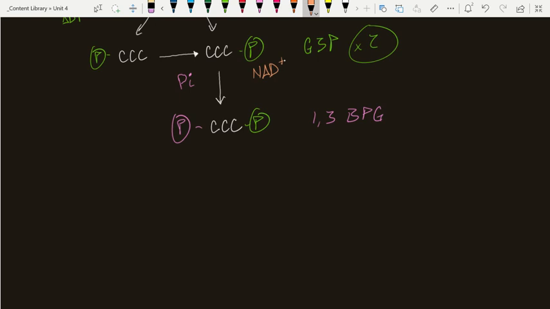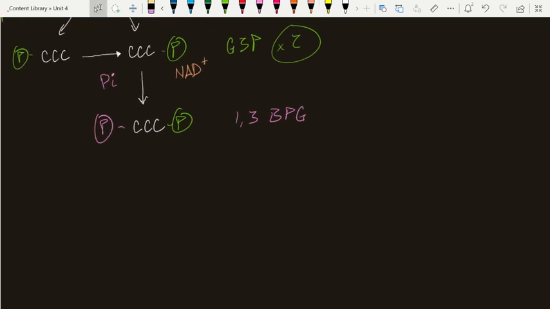nicotinamide adenosine dinucleotide. This is a derivative of vitamin B3 and, because it's a vitamin, we consider this a coenzyme. It doesn't have enzymatic activity, but it is required for the enzyme to do its job. When we think of coenzymes, what I want you to think of is this. A coenzyme is a taxi cab. It moves things from one point to another. And for NAD+,